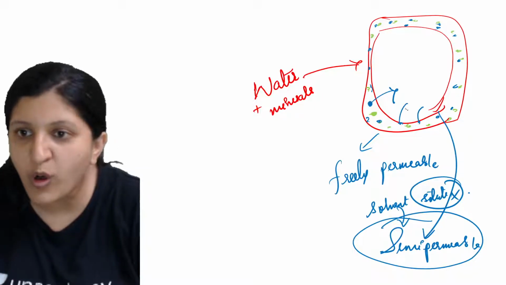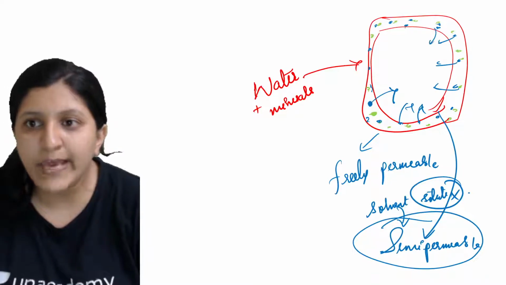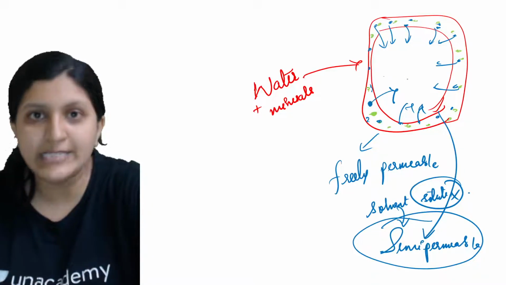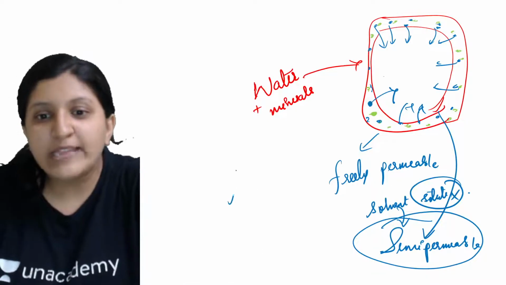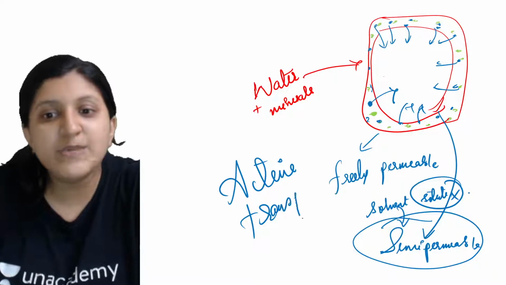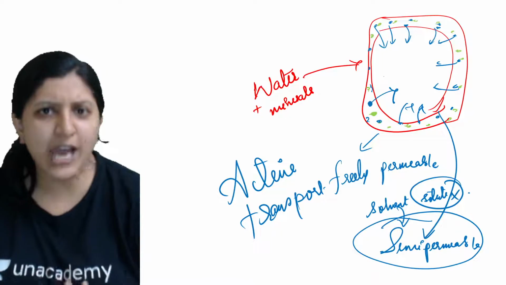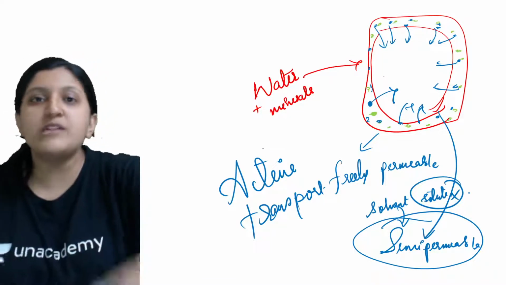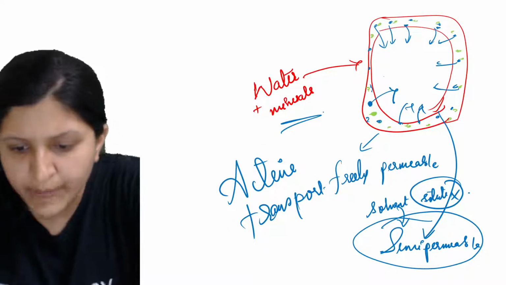You can see all of this water here, the blue one. It can get in there, but the minerals which I have shown in green are not moving easily. So if a mineral has to be taken inside, the active transport process has to occur. This is mainly for the transportation of a solute or a mineral, or we can say ions, from the outside to the inside. That is from low concentration to high concentration. We'll discuss all these terms.